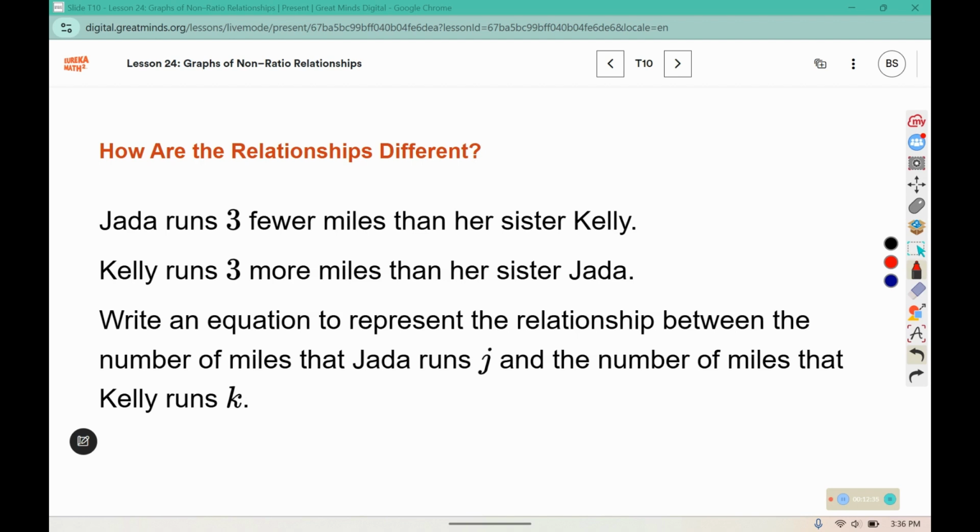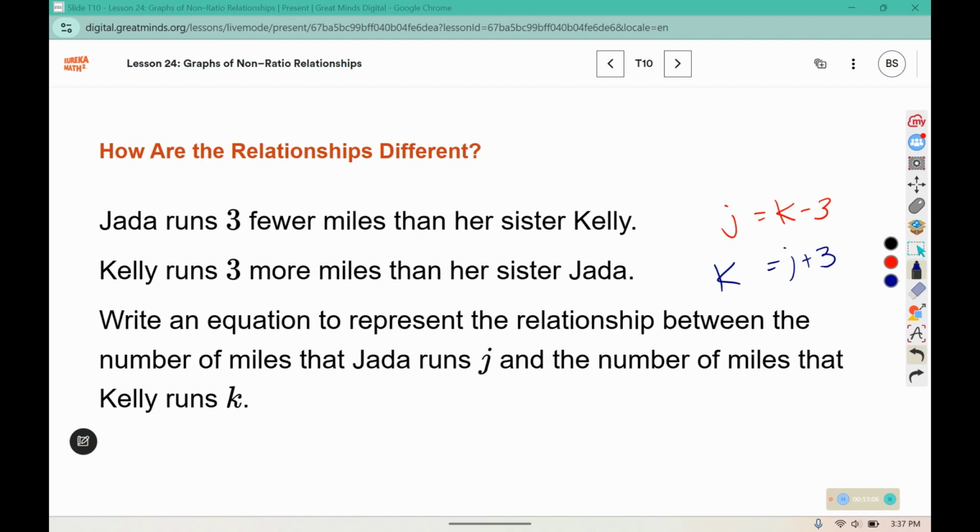If Jada runs 3 fewer than Kelly, we could take Kelly's and subtract 3 to get Jada's. If Kelly runs 3 more than Jada, we could take Jada's and add 3 to get Kelly's. Both of these equations represent the same relationship,